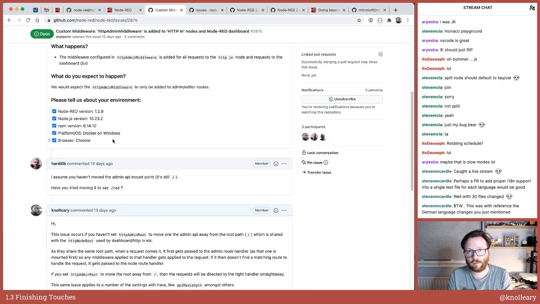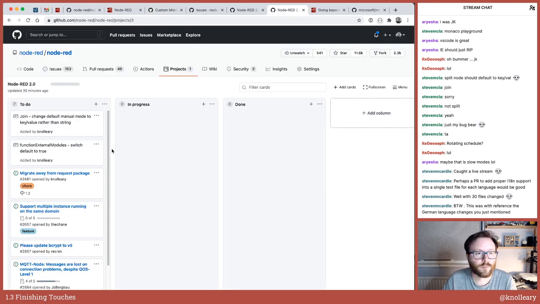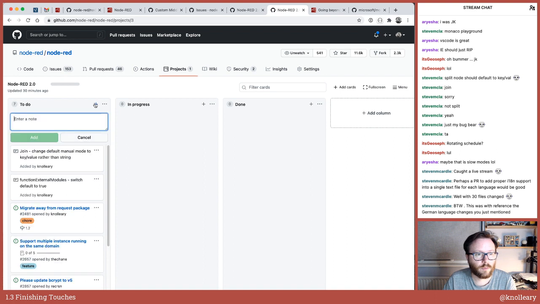So the normal answer is actually, if you're running in a proper environment, you want to separate out admin, put it on its own subpath so it's away from the root. And that's one of those things, actually, now I think of it, on our list of 2.0 features,